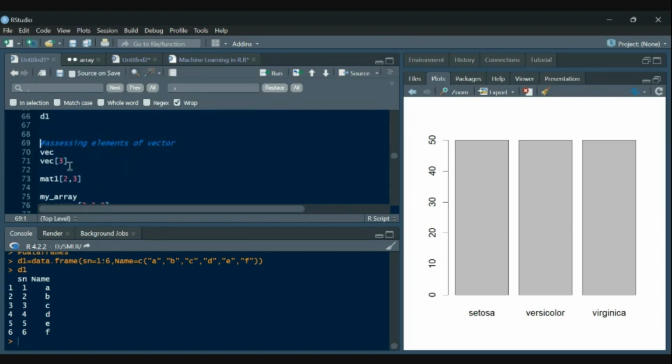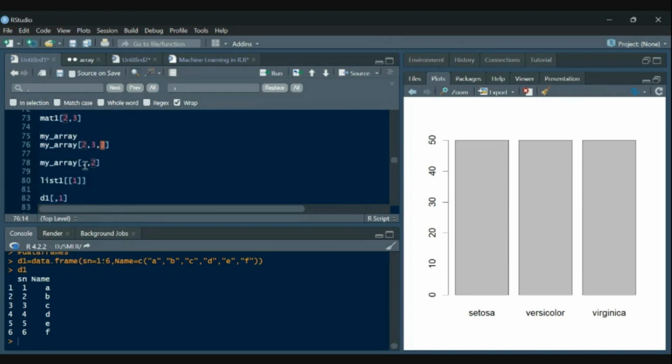We use square brackets with a single value for vector. Then square brackets with the row number and the column number for the matrix. And for array, we have three different values: row number, column number, and the height. So this will give us the particular position of the element.